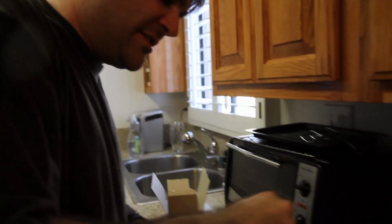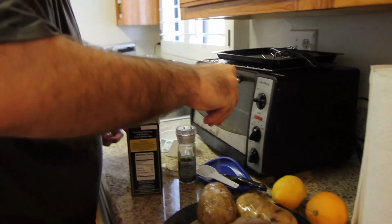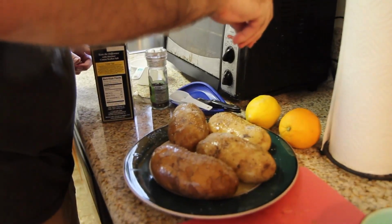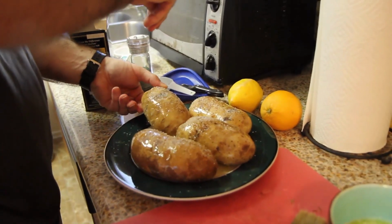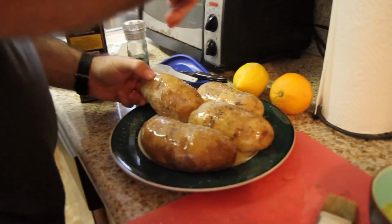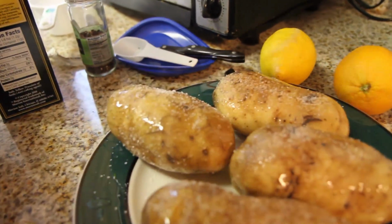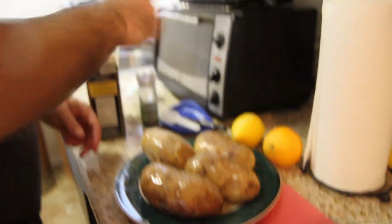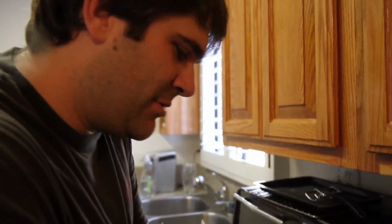And the next thing we want to do is generously season these with salt and pepper. Get a nice bunch of coarse salt on there. I'm using kosher salt, but you could use any coarse salt. Sea salt works. And of course I'm getting this recipe out of Reikland's book, because so far that is my barbecue Bible